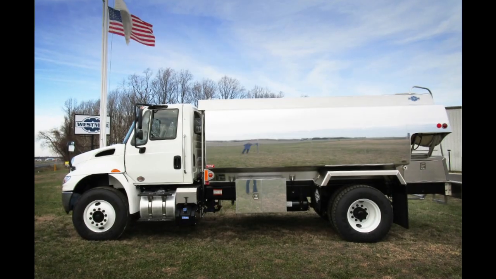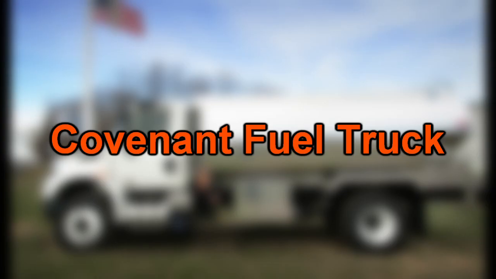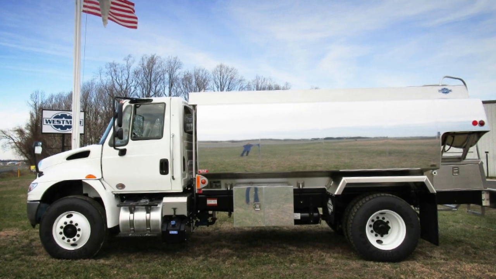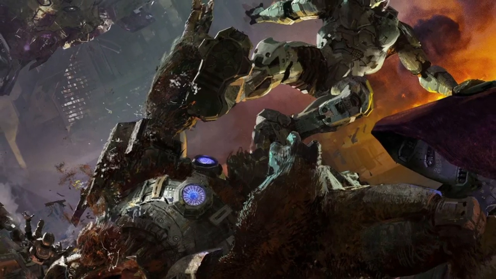The next cut Covenant vehicle actually was mentioned in some early design documents for Halo 2. And this included the idea of a Covenant field truck. Yes, you heard that right. Truckers and grunts in a Covenant field truck. Jesus Christ. The vehicle was mentioned in some early design documents for the game and was briefly thought up, but